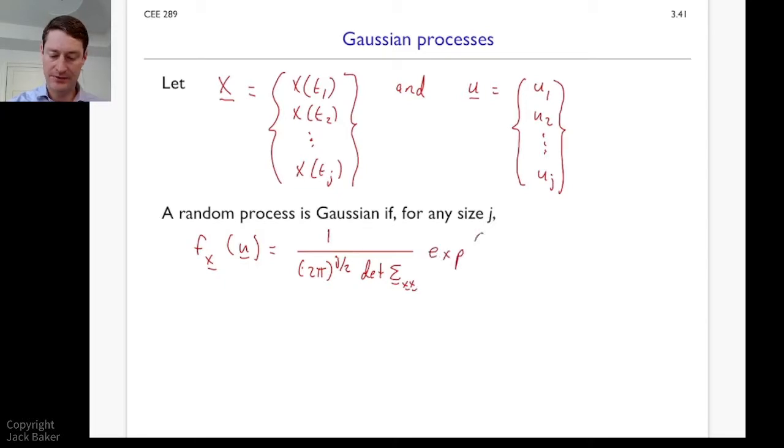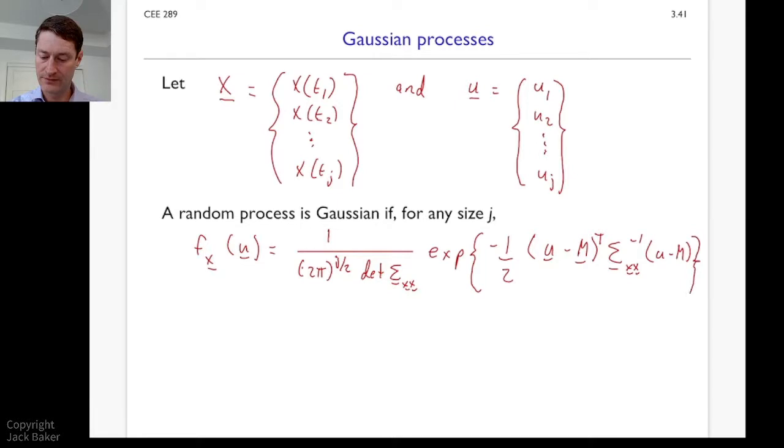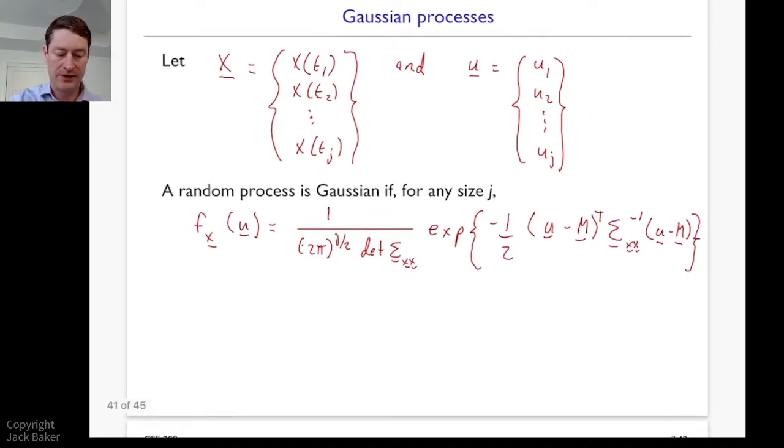Hopefully you're seeing the familiar multivariate normal PDF forming here, because that's what we're writing. So it's minus 1/2 u minus m, where m is a mean vector we'll define in just a moment, transpose, sigma xx inverse, u minus m. Okay, so there's a multivariate normal PDF, and then we just have to define a couple terms there,